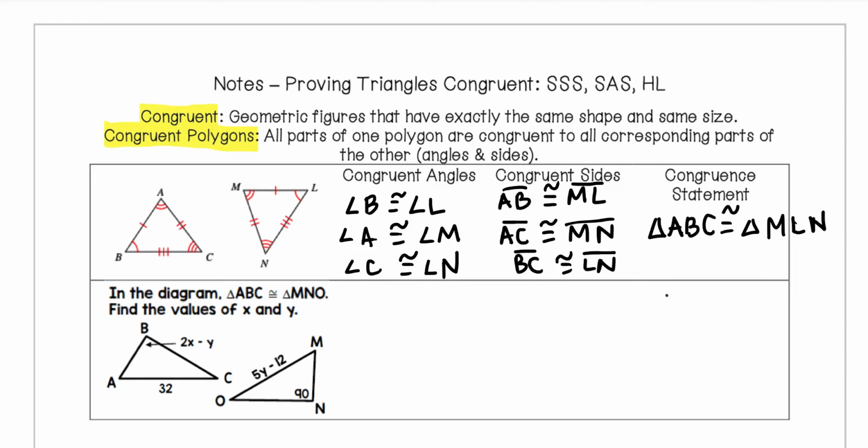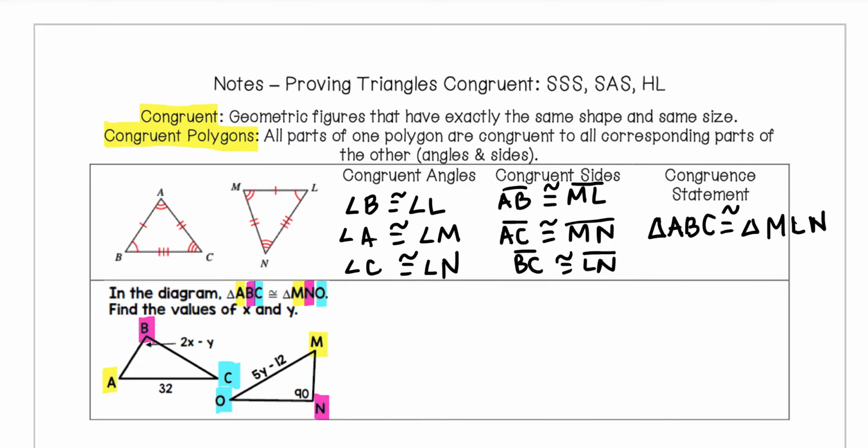You could also say BAC is congruent to LMN, or many other combinations. As long as the order of the corresponding angles is in the right order, you can choose what you want. So we have an example below where it tells us that triangle ABC is congruent to triangle MNO. Something that I like to do is marking the angle or the vertex letters as certain colors to remind myself where we have corresponding parts in our triangle. If that helps you, you can mark that on your notes. Once we have that, it makes it a little bit easier to see what we're trying to